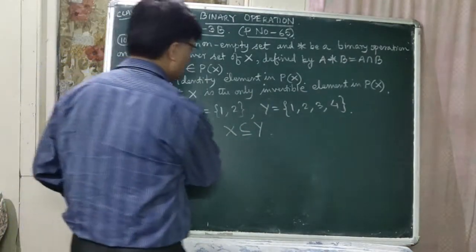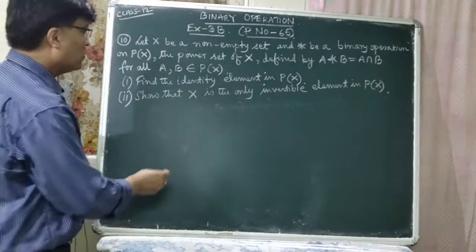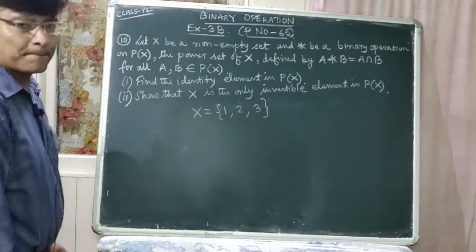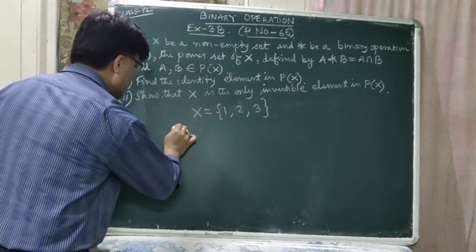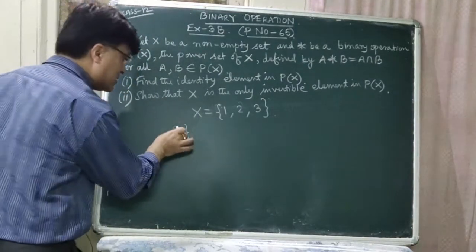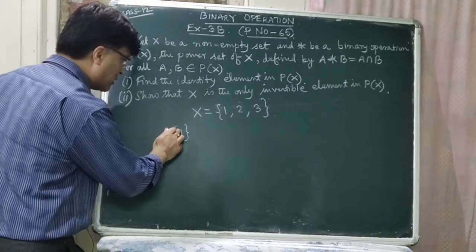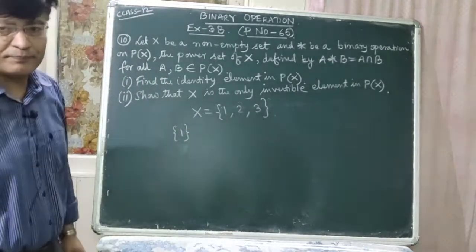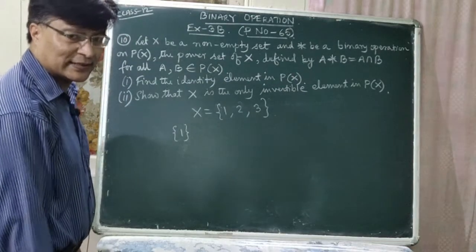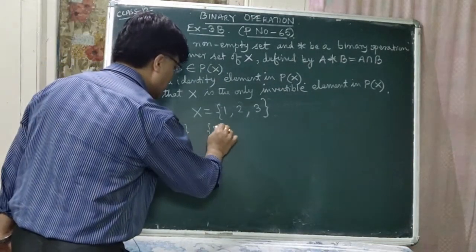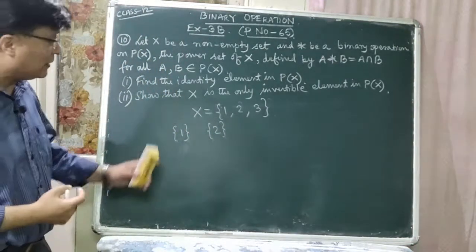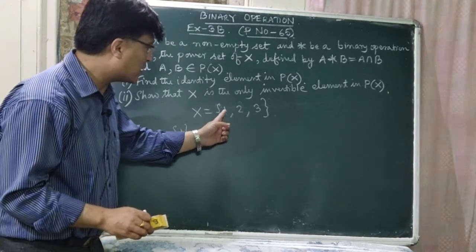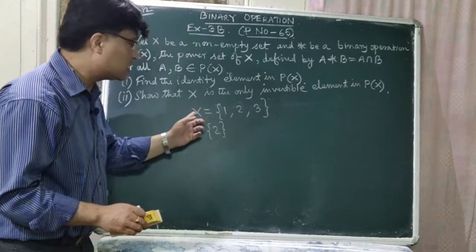Is that clear? Now suppose X is equal to {1, 2, 3}. In this case, this {1} is also a set. When we write it within the second bracket, it becomes a set. This is one of the sets. Is that clear? This {2} is a set. If we close any elements within the second bracket, it becomes a set. That is, since {1, 2, 3} is a set and it is denoted by X,